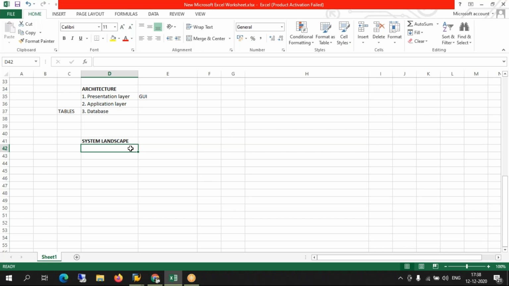Same holds good with system landscape. Any organization which runs on SAP has 3 servers. Development server, which is further bifurcated into 2: Golden client and sandbox.